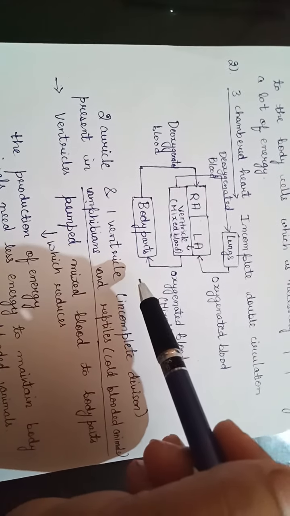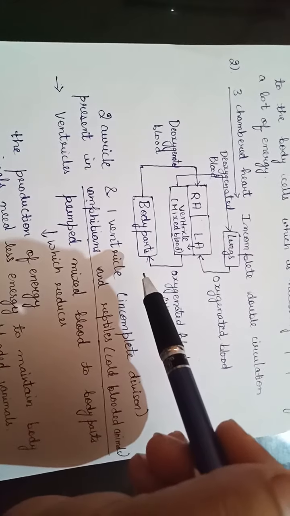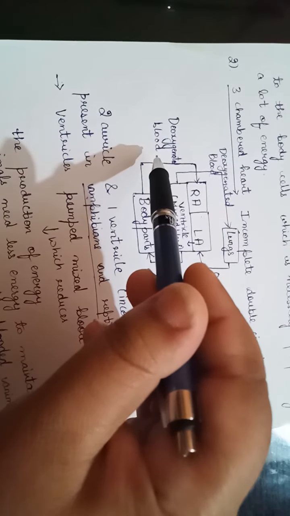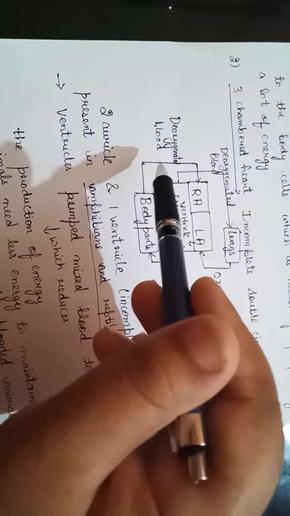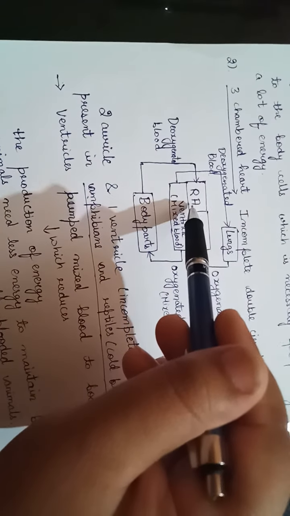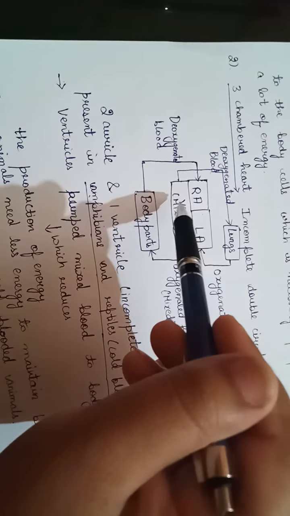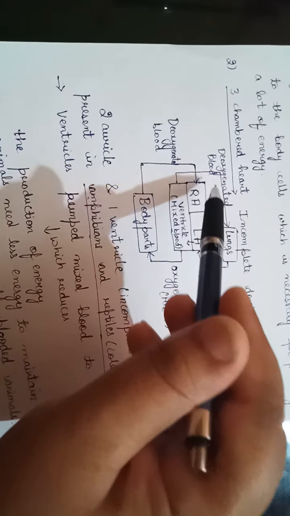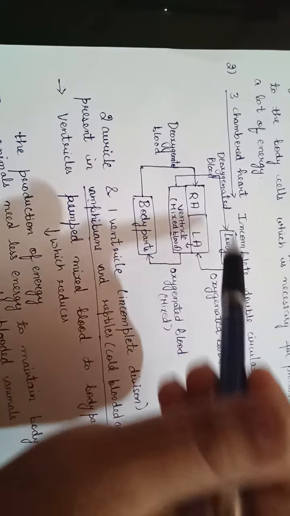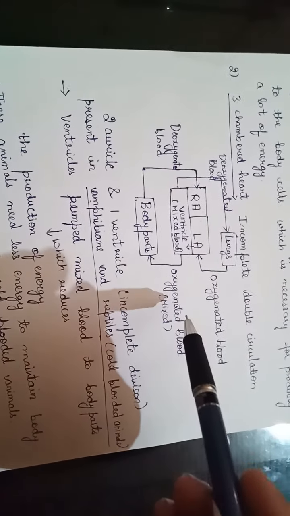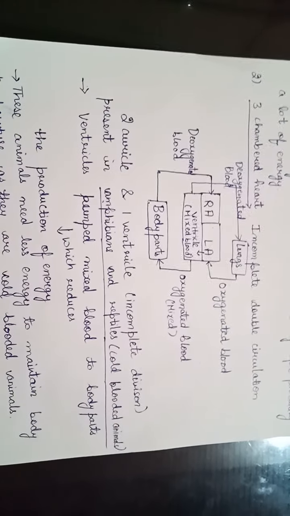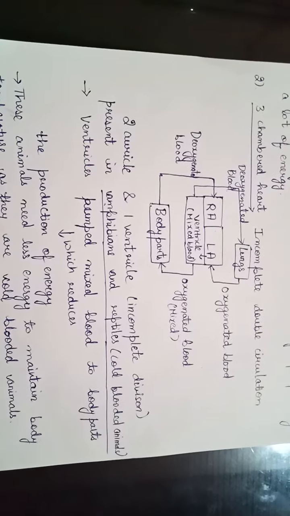where respiration occurs. And during the respiration process it produces carbon dioxide, and this carbon dioxide mixes with the blood, and the blood becomes deoxygenated, and this deoxygenated blood goes to the right auricle, and from the right auricle to the ventricle, and from the ventricle to the lungs for the oxygenation process. This flowchart will not come, but the explanation of this flowchart can come in the papers, because this part is given in your book.